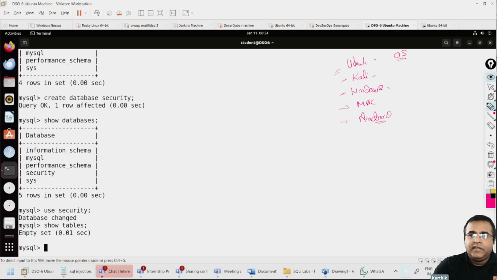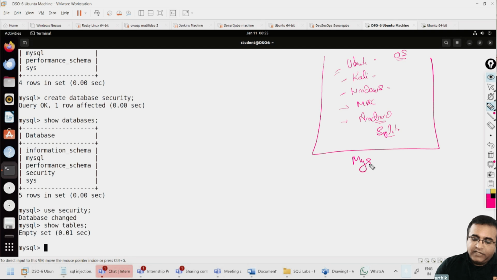there is something called SQLite, right? That is going to be installed in your Android applications as well. You may be using it already, you may not be knowing about that part. Apart from MySQL, there are other tools available out there, something like Access can also be used. But the attack we are going to discuss today is going to work only on MySQL, because I'm working on the MySQL syntax.